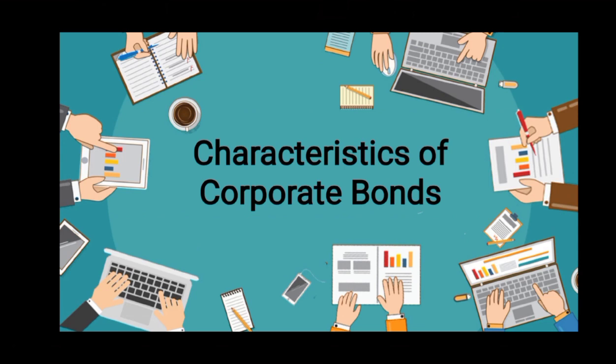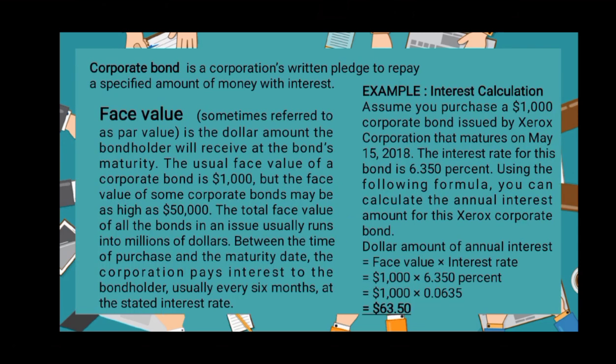Characteristics of corporate bond. A corporate bond is a bond issued by a corporation. Investors who buy corporate bonds are lending money to the company issuing the bond. Dito, in return, yung company is gumagawa sila ng mga legal commitment na magbayad ng interest on the principal. Face value is equal to the dollar amount the issuer pays to the investor at maturity. Face value, ito yung dollar amount na matatanggap ng mga bondholder kapag yung investment is fully matured na. May example dito kung paano kukunin ang interest.